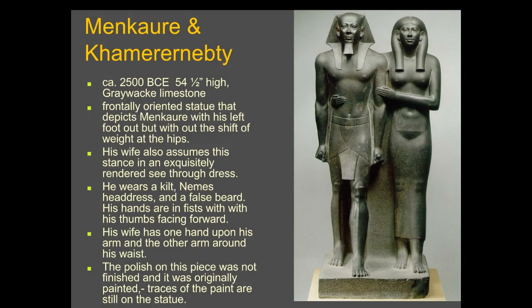So Menkaure, and I can never say this word, you guys are going to understand them throughout, especially the Egyptian chapter. It's a little hard. So this is greywacke limestone. What other artifact did we have that was made out of greywacke? So Egyptian kings were divine beings, not mortal rulers, like I said. This is why the kings were always portrayed so muscular and so perfect in form. They were literally not that muscular, guys. I already said that on the other side.